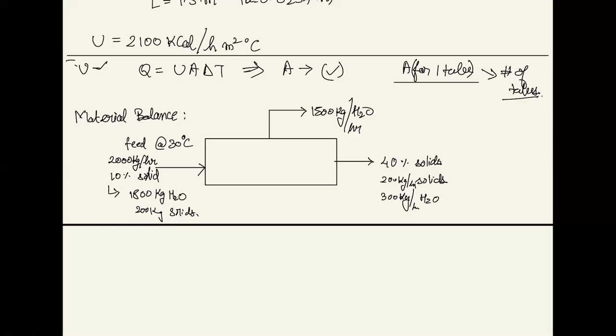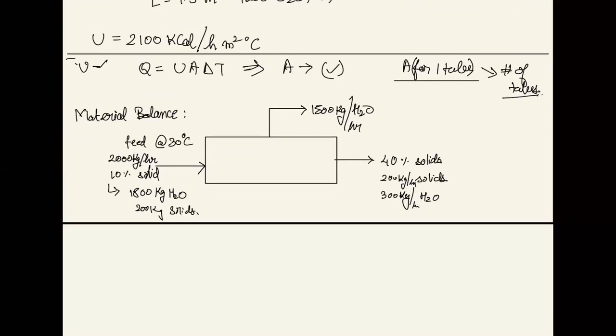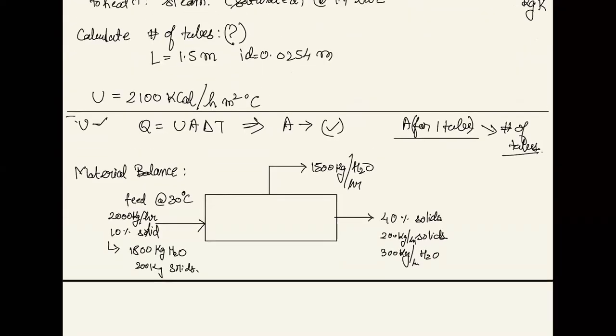Alright, so everyone is done with the mass balancing. Now we also know the rate at which the water is being evaporated. Now the next target is to find out the temperature at which it has to boil, and also to find out the temperature of the steam. So we will go back to our old friend, the steam table.